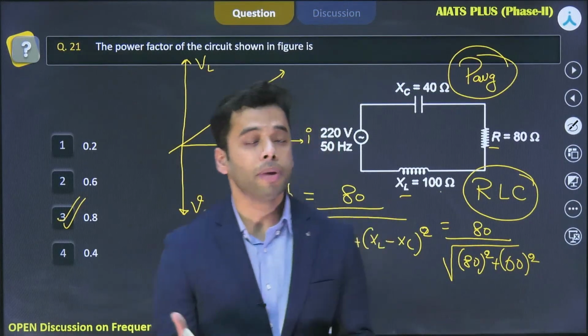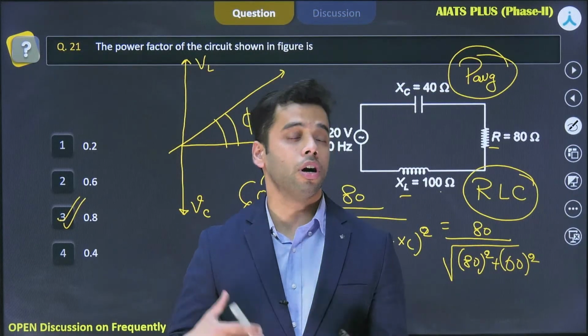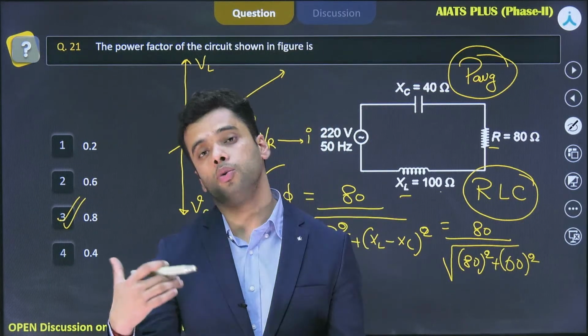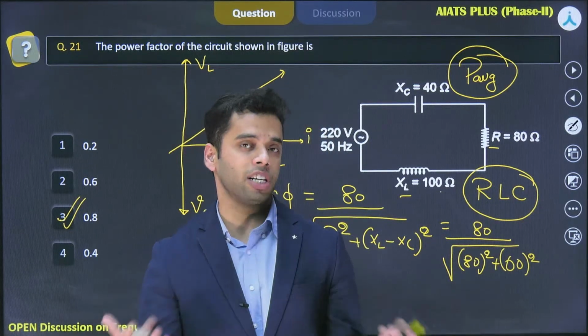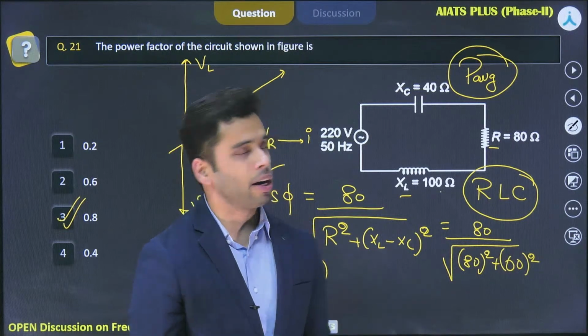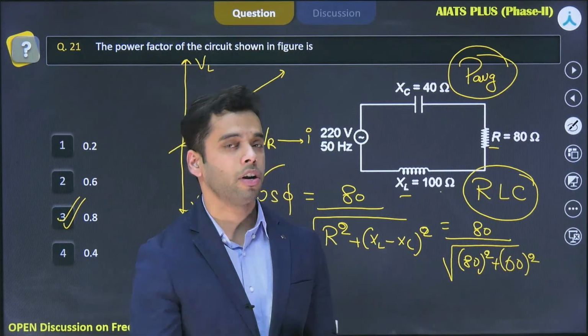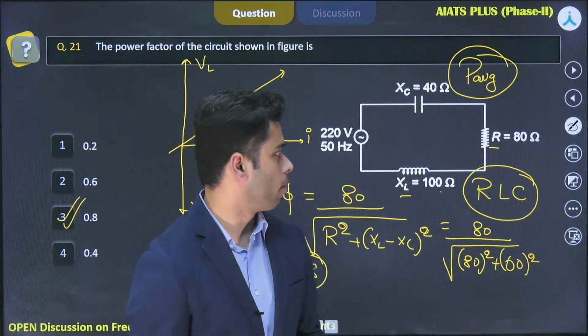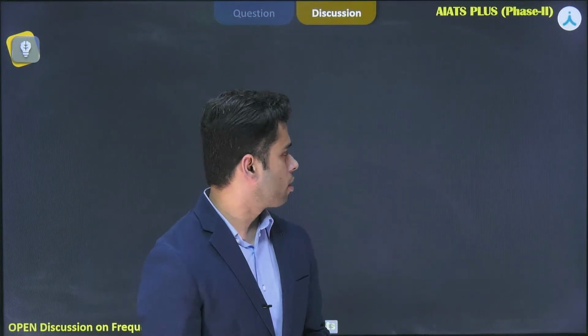In this problem, you are being asked about the power factor. You can also be asked how to get the average power. What is the average power dissipated? So that's how you calculate the power factor. Or if you got the power factor, you can also calculate the average power dissipated. Now, if you understood this, let's move forward